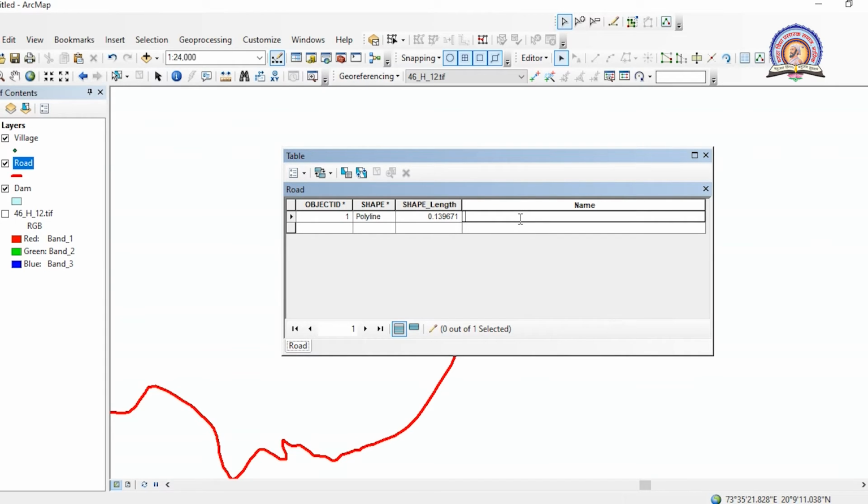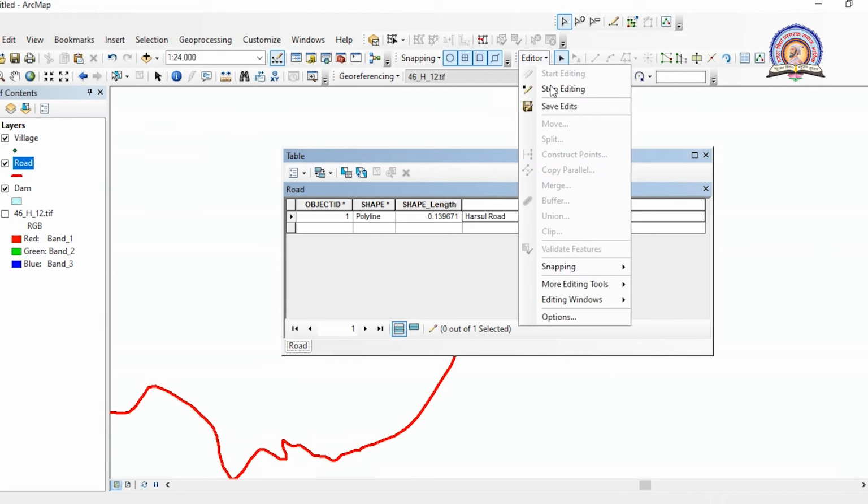For example, if you are aware of the name of that road, you can give the name of that road, or simply I will be saying Harsul Road, because I have read the name Harsul over there. So I give the name Harsul Road over here, and then I have to save edits and